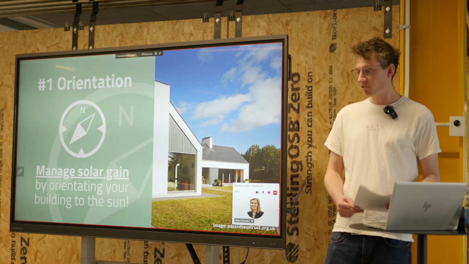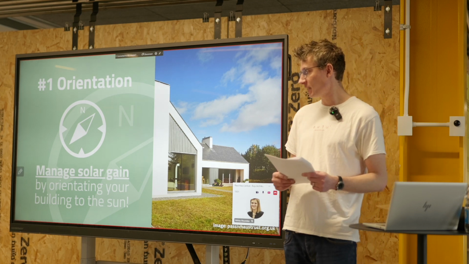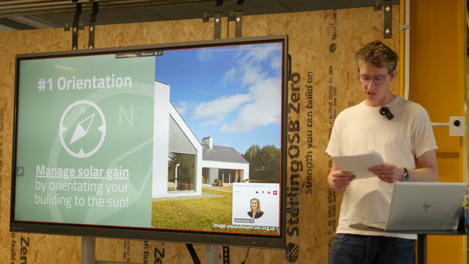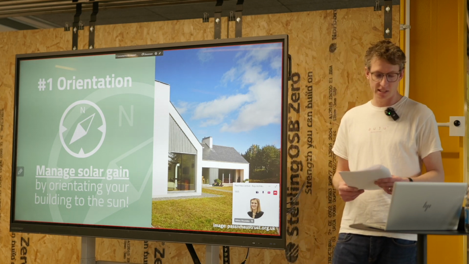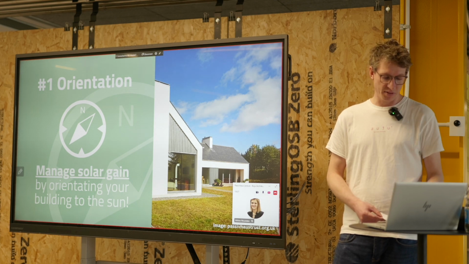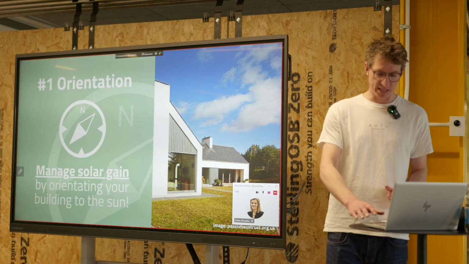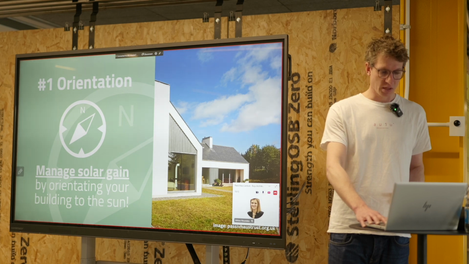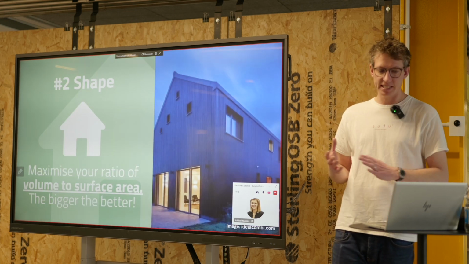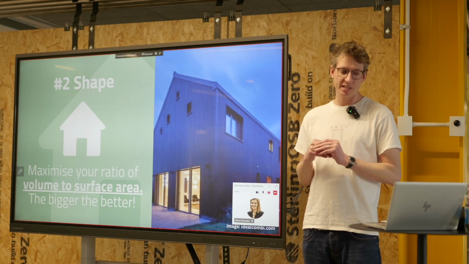Sometimes there are obviously bigger constraints or significant constraints like existing buildings or existing infrastructure that might make it more challenging. And that's why thinking about innovation and creativity at an early stage can make a big impact as well. So once you've got your building orientated, the next thing to do is to consider the shape of the